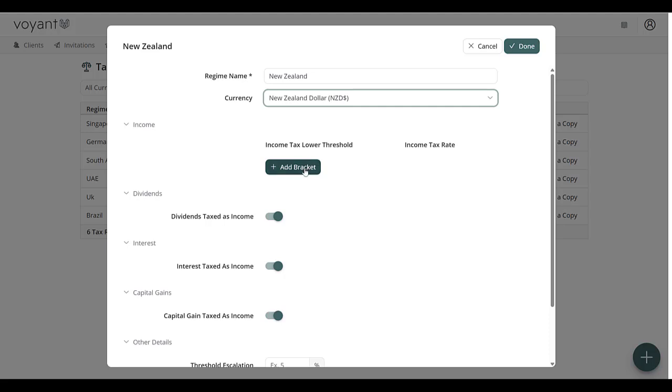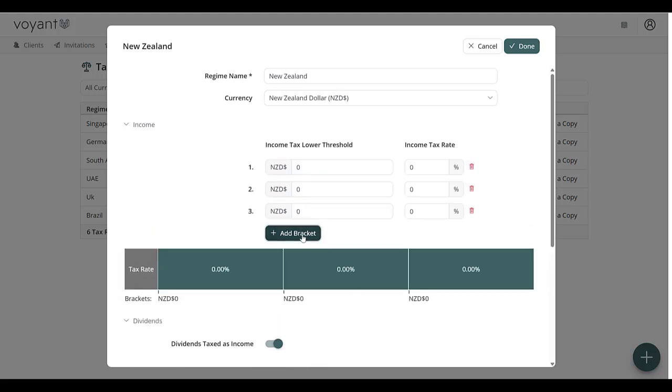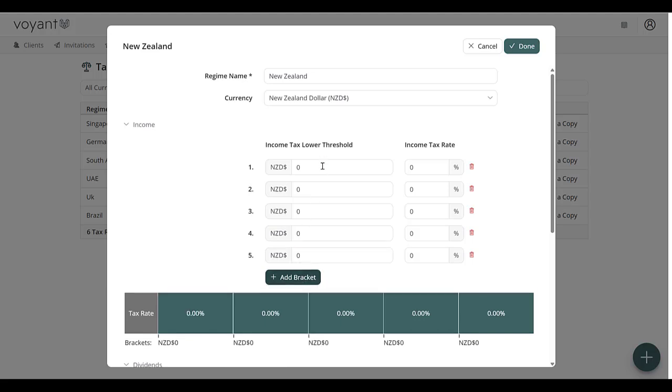And then I'm going to add in the thresholds that I need in order to build out their tax brackets. So I need 5 of them, so I'm going to go ahead and pre-add those really quickly. You'll notice here that we're asking for the lower threshold, so that's going to be important when you're building out the tax regime, that you use the lower threshold amount in this section. For example, in this one, I'm going to add to 10.5%. The next one is going to be